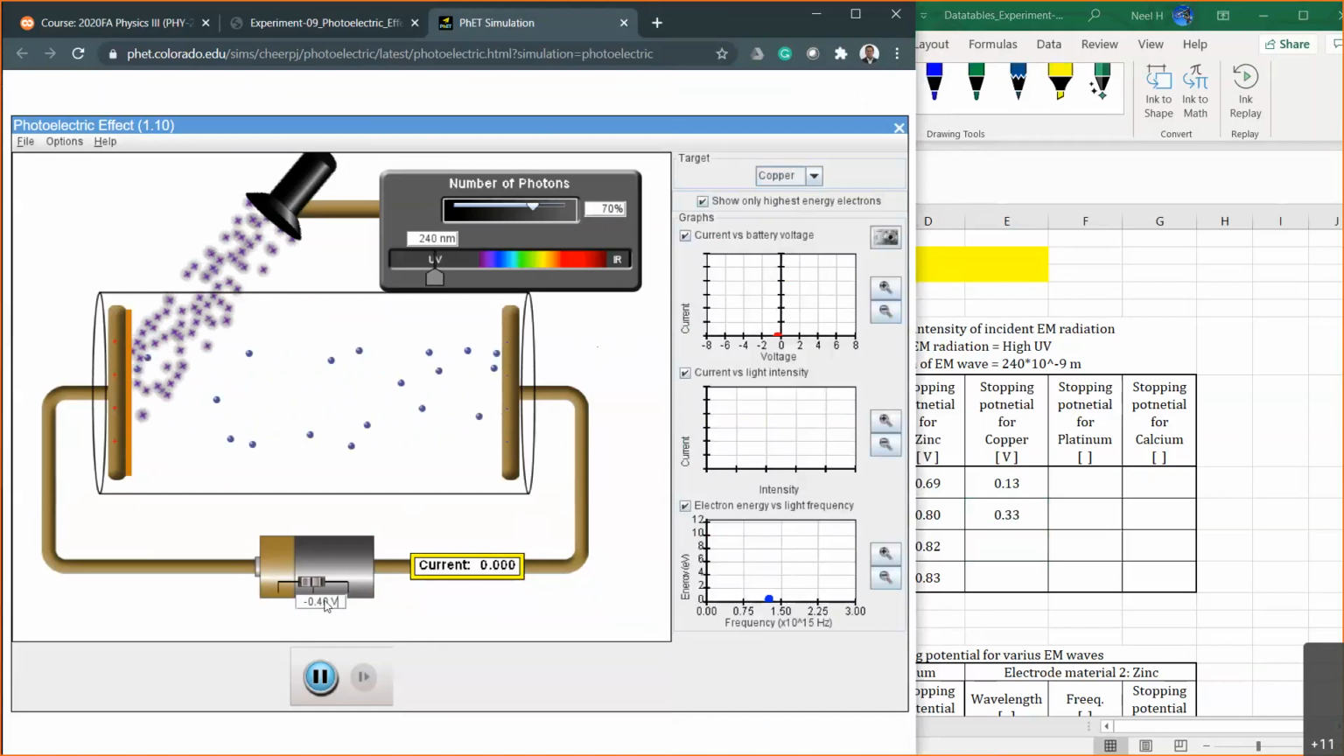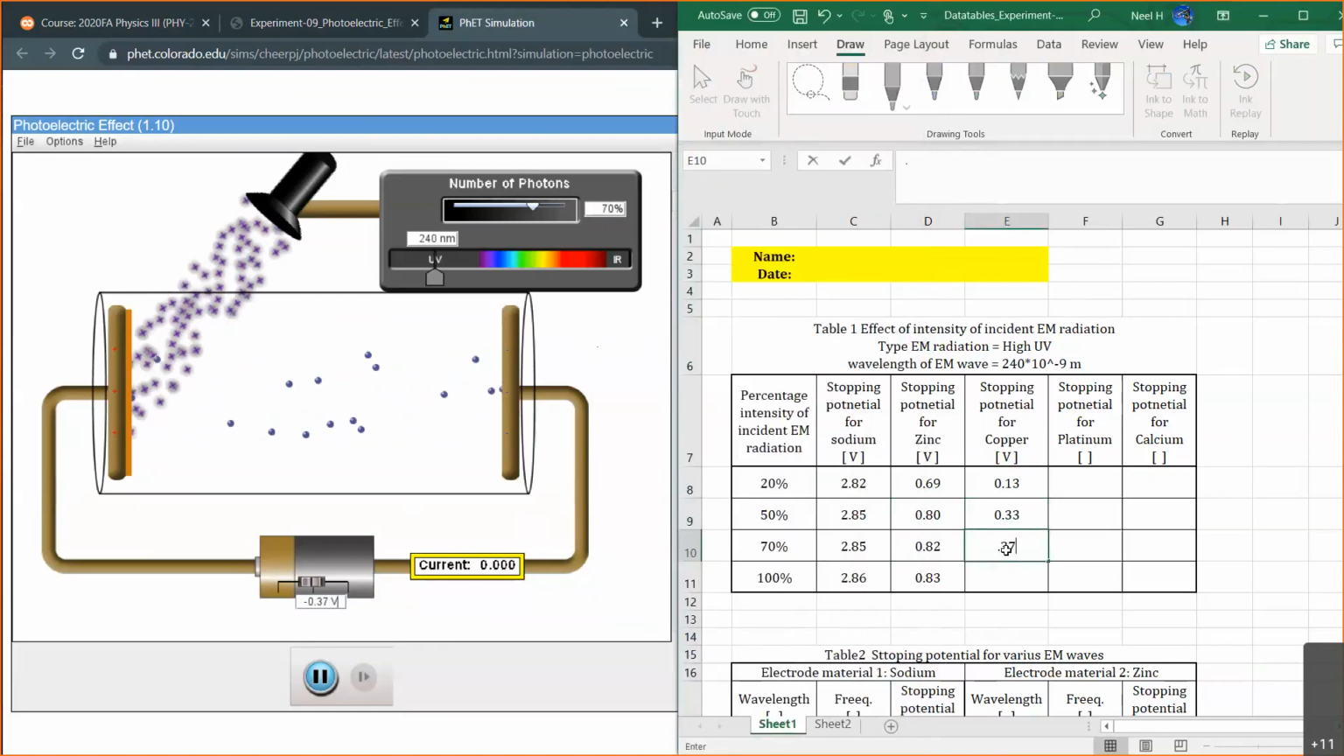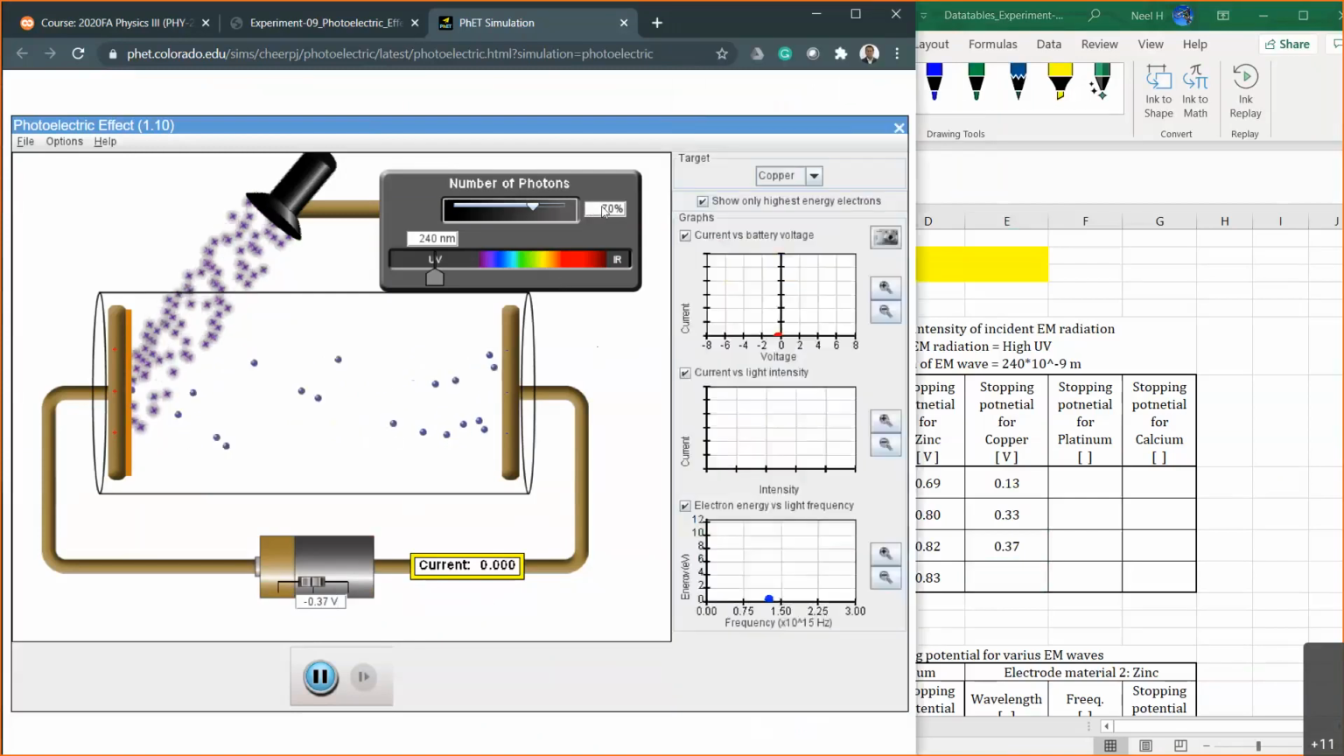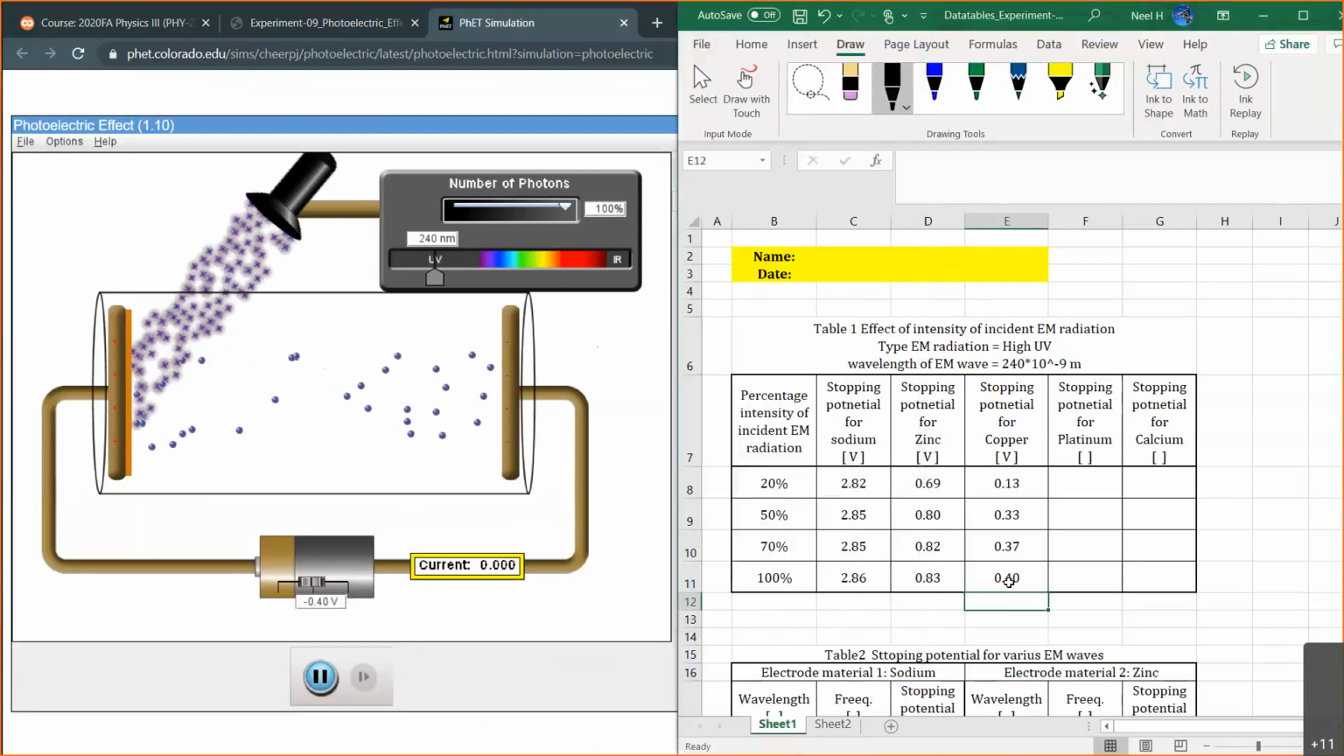0.4 is 0, which means less than that. 0.35, still there. 3.6, 3.7, 3.7. 0.37. Let's try 100%. 38, 39, 4.40. Changes vary slightly on copper, but the sodium is very consistent because the sodium doesn't have a lot of